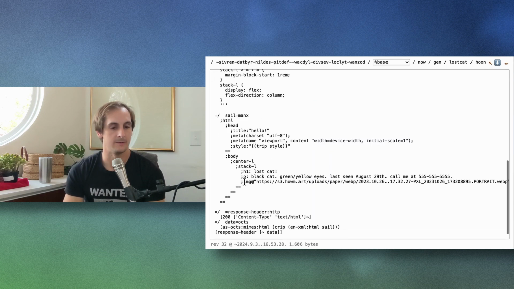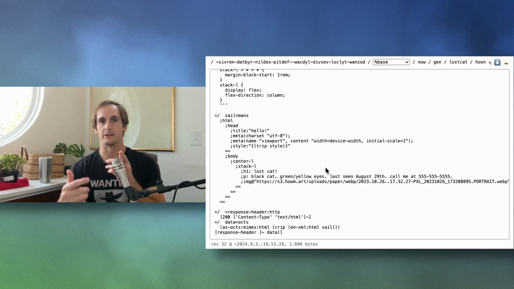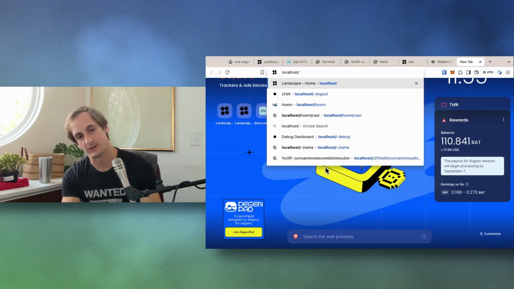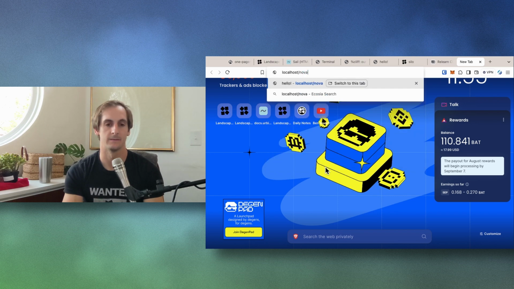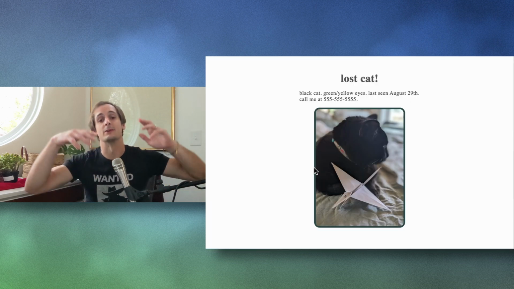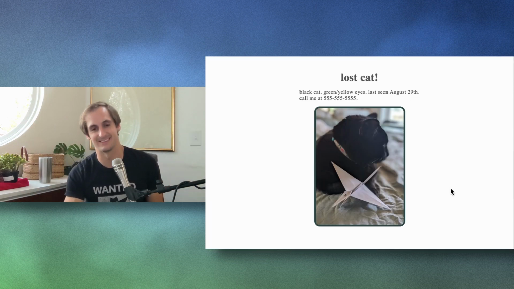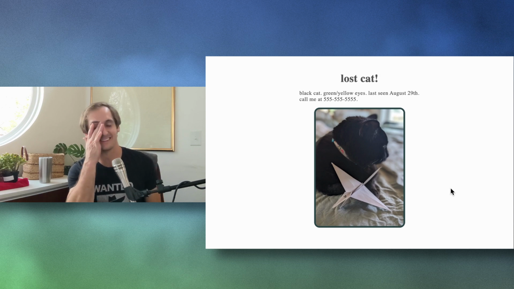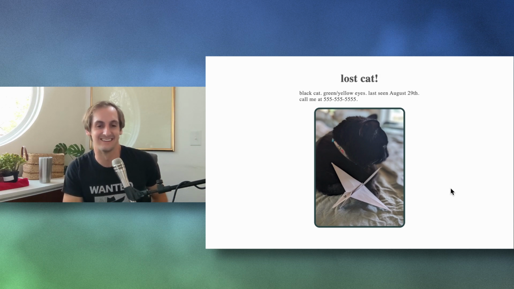With the style, I was able to plug it into the sail here inside the head, and then add what I needed so that when somebody goes to my domain name, localhost for me here, /Nova, it comes up with my lost cat poster, so I can send people to this URL and they could learn a little bit more about it.